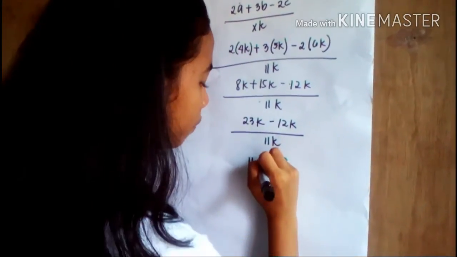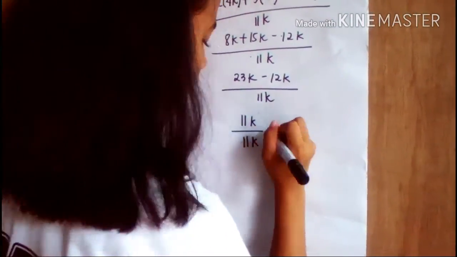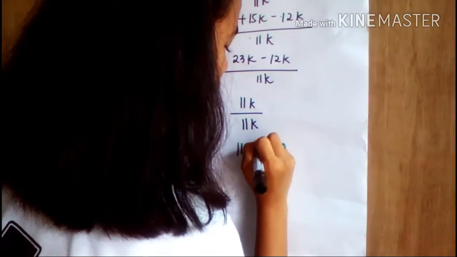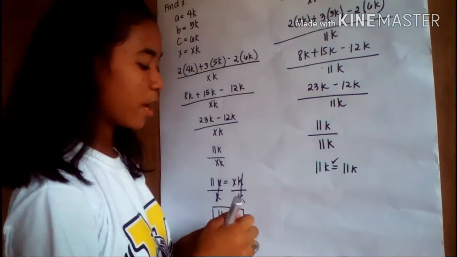So 11k over 11k, or 11k is equal to 11k. So the value of x is